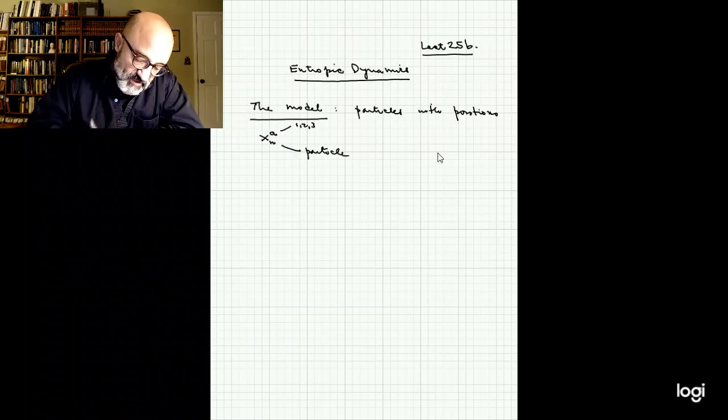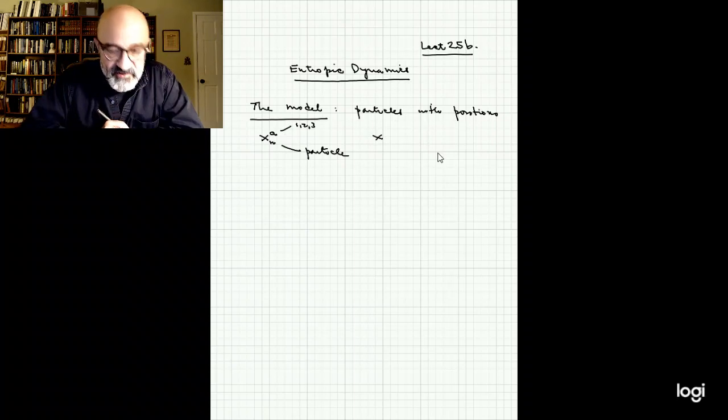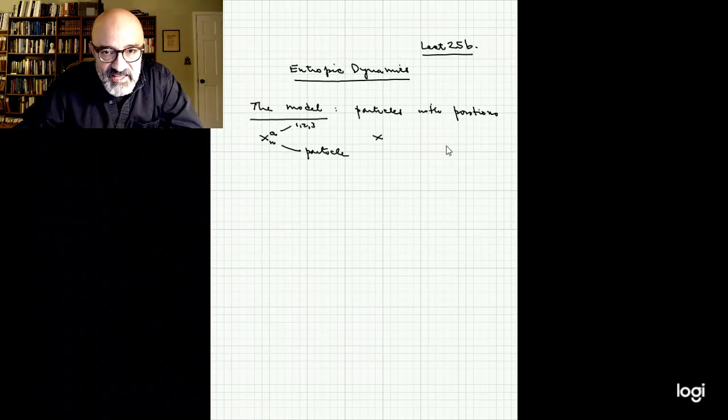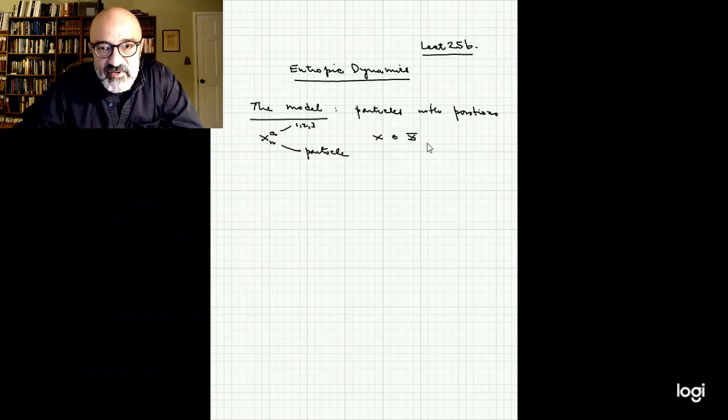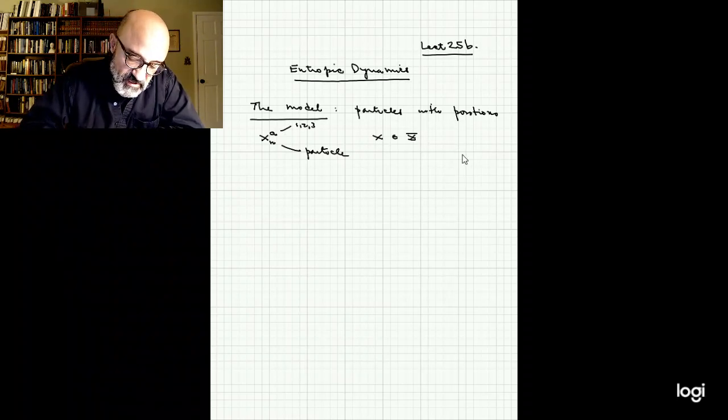For this particle, we're going to write x, or sometimes I just won't write all the indices. This particle lives in 3-dimensional space. We're going to write it like that, 3D